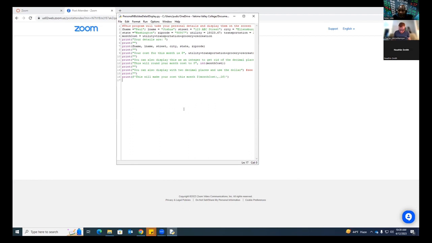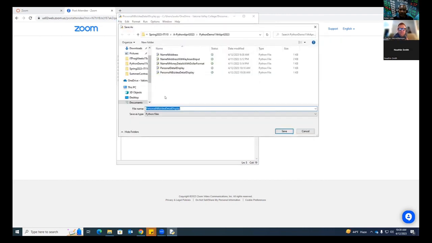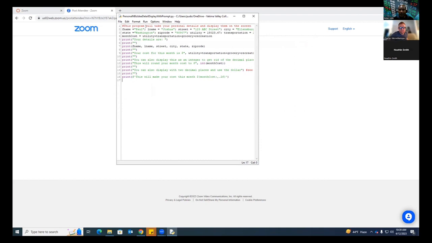All right, let's move on to the next thing. So instead of deleting the whole thing, we can modify it and give it a different name and say save as. That guarantees that the previous one is not displayed. Let's say with prompt, the keyboard prompt, where you prompt the user to make an input. So this program will